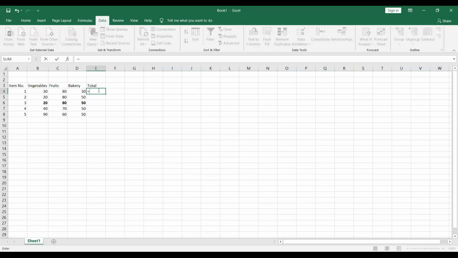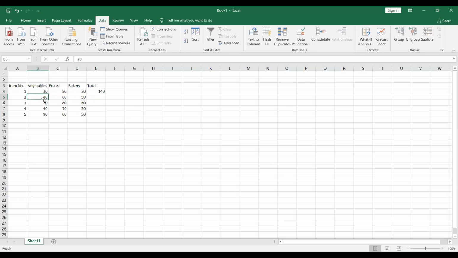symbol. Okay. Now supposedly if I have to add B, C, D here. Okay. So what I'll write is equals to, I can write B4, it is B4 only. Okay. Now as I have written a cell reference, or a cell address B4, it is selected. Now I'll put a plus symbol. Then I'll be writing C4. It is also selected. Then I'll put one more plus. Then I'll be writing D4. Okay. In this way, these three are selected, and when I'm pressing enter, I'll get 140. Why, beta? Because it has given me the sum of these three cells.